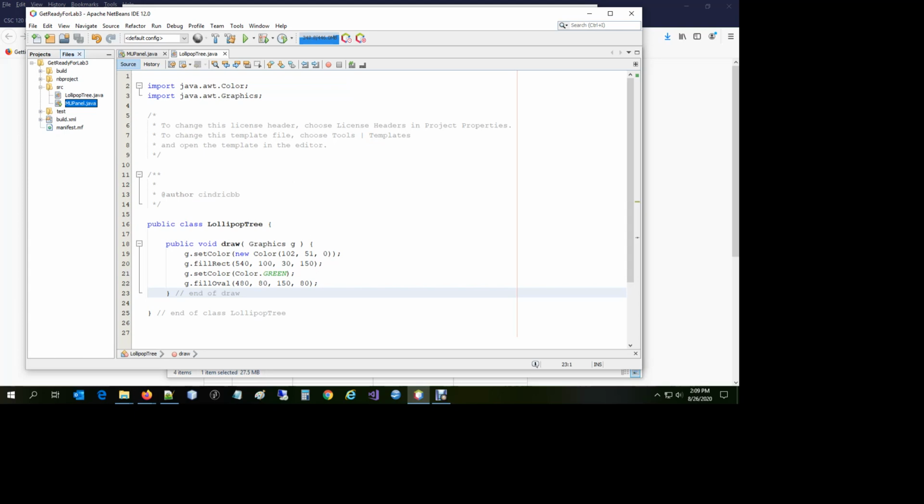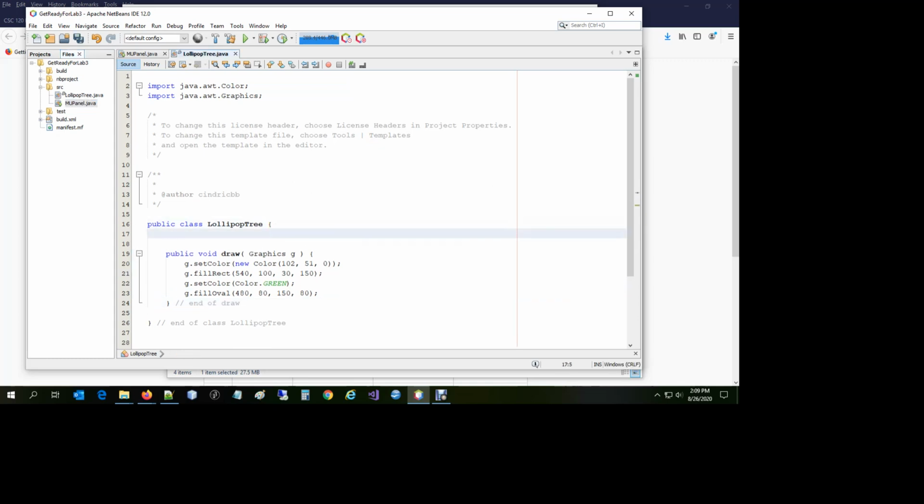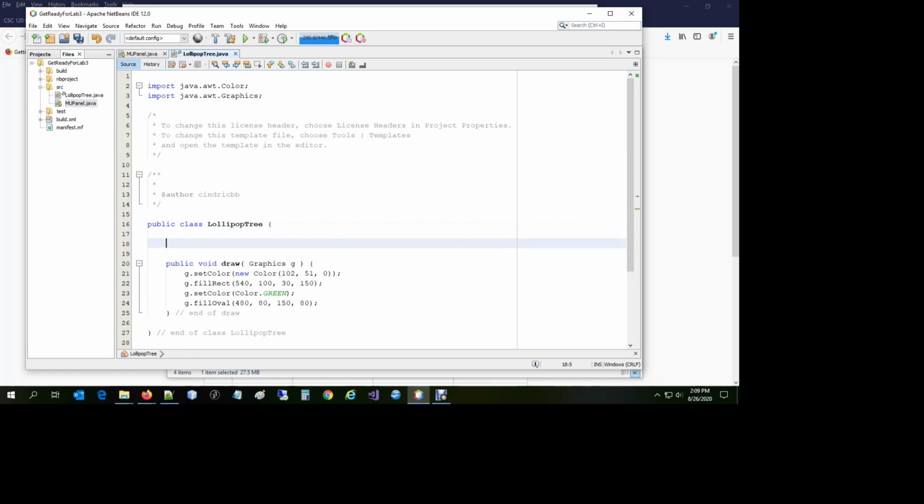Here we have the lollipop tree class as we left it last time. Now, what we need to do is add properties and a constructor method so that the properties can get values, and each tree will know its unique screen location. In a class definition, the first thing at the top of the class is going to be our properties. Properties always start private, and then the data type or the class that the thing comes from, and then